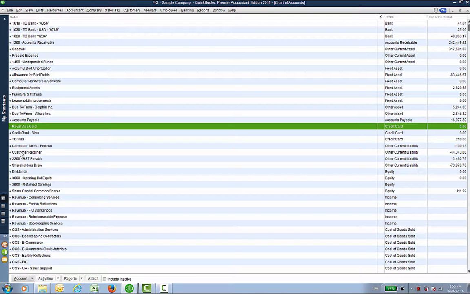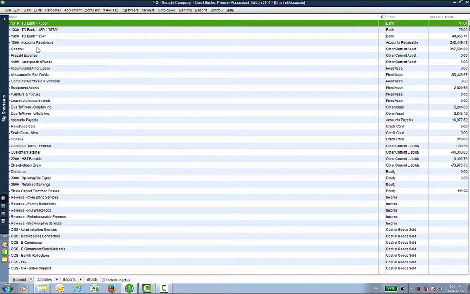Some people go by tens, some go by fives, and so everybody's got a different way of setting the numbers on an account listing, so it's best that you customize and do it the way that you like it or the accountant likes it. So all you have to do is, when it comes to adding numbers, you'd right click, edit, and